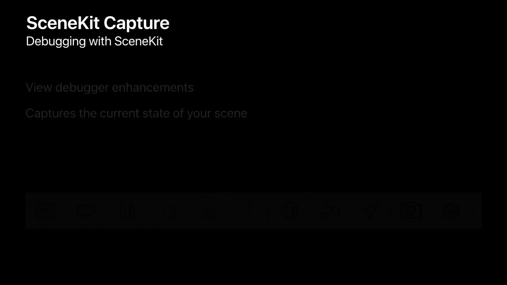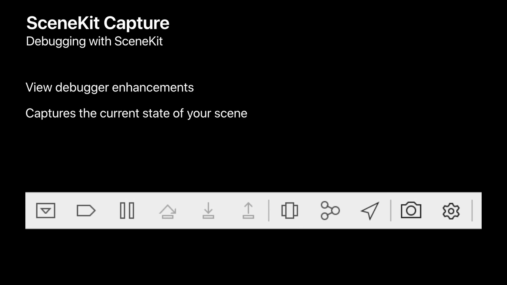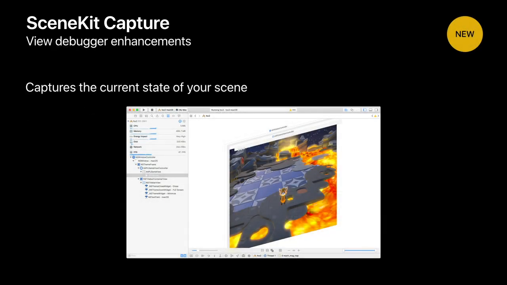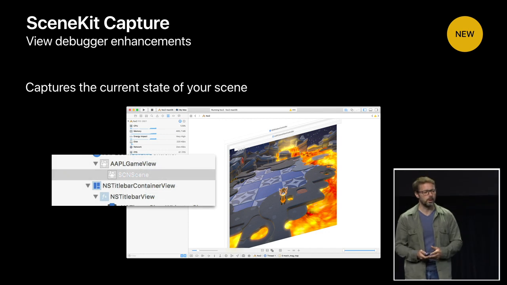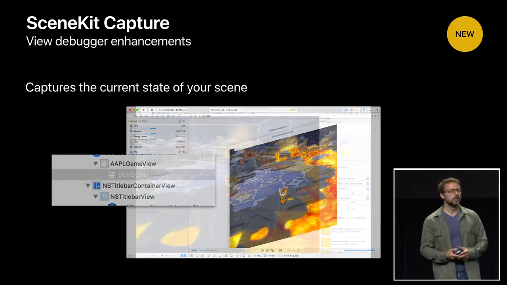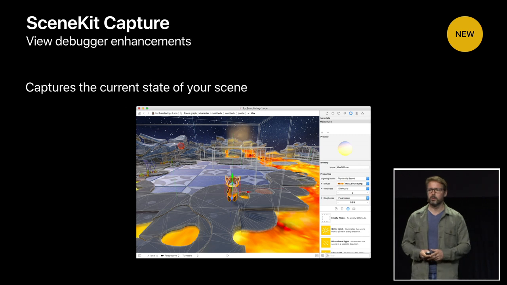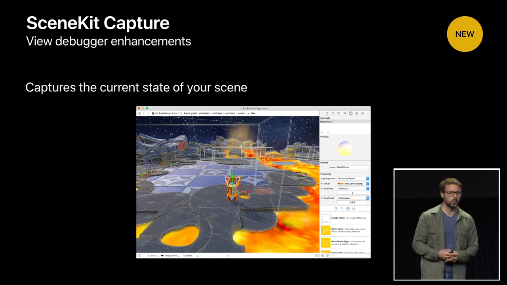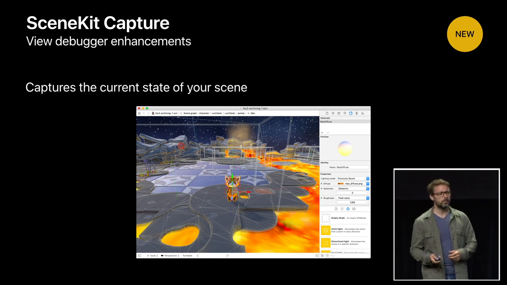This year, we have also added a new debug tool. It's an enhancement to the view debugger in Xcode. It's very simple to use. You just use the regular view debugger as you would normally, and it will capture the view hierarchy as well as the scene automatically. So if there is a SceneKit scene in a SceneKit view in your application, it will capture the scene, and if you select the scene in the view hierarchy, it will automatically send it to the SceneKit editor, where you can inspect all your objects, move the camera around, and see exactly what is in your application and what is in your scene.